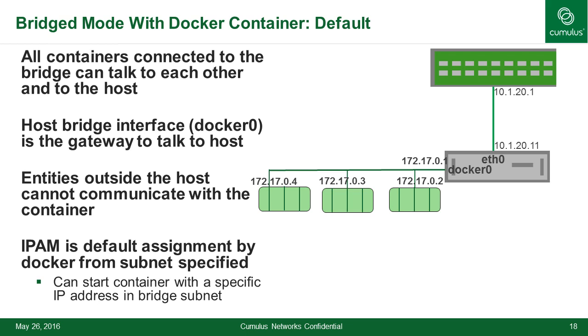So let's look at what the bridge mode looks like. The bridge mode, which is the default mode, has a docker0 bridge that has been defined, and it comes with a default subnet. The default subnet is randomly picked, but it comes out of the 172 space. So essentially it picks up 172.17.0.0/16, a /16 subnet space, to associate IP addresses to the containers.